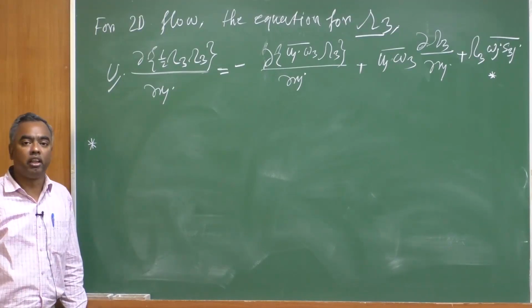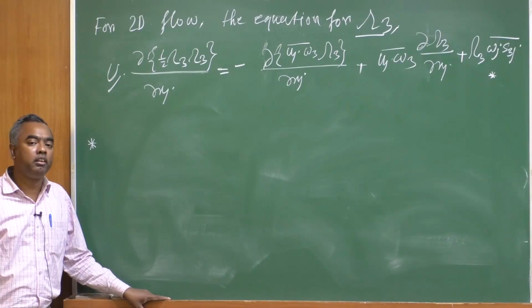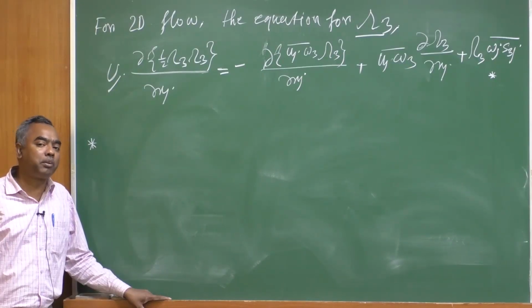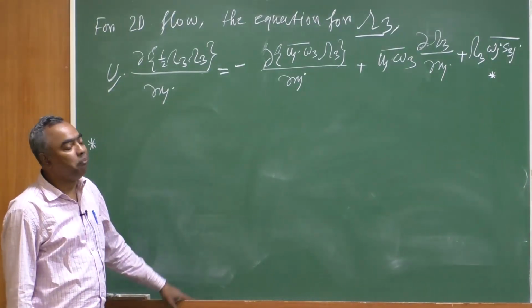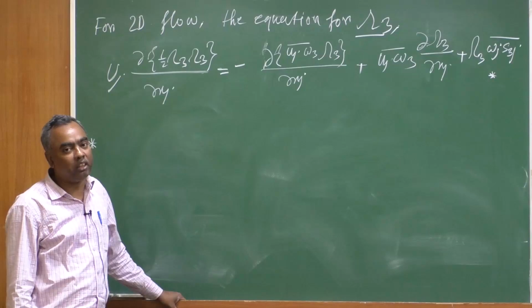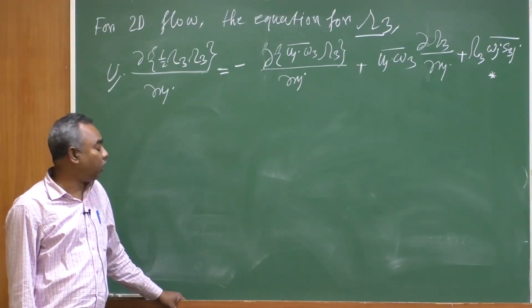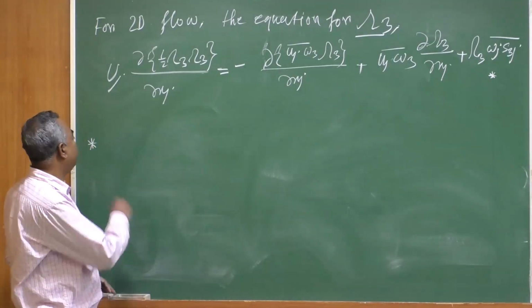First, you consider the instantaneous vorticity equation, then multiply that equation by the instantaneous vorticity, then use the Reynolds decomposition and time average that equation. After that, you subtract the mean entropy equation from that particular equation. If you do that, then we are going to get the turbulent mean square entropy equation,